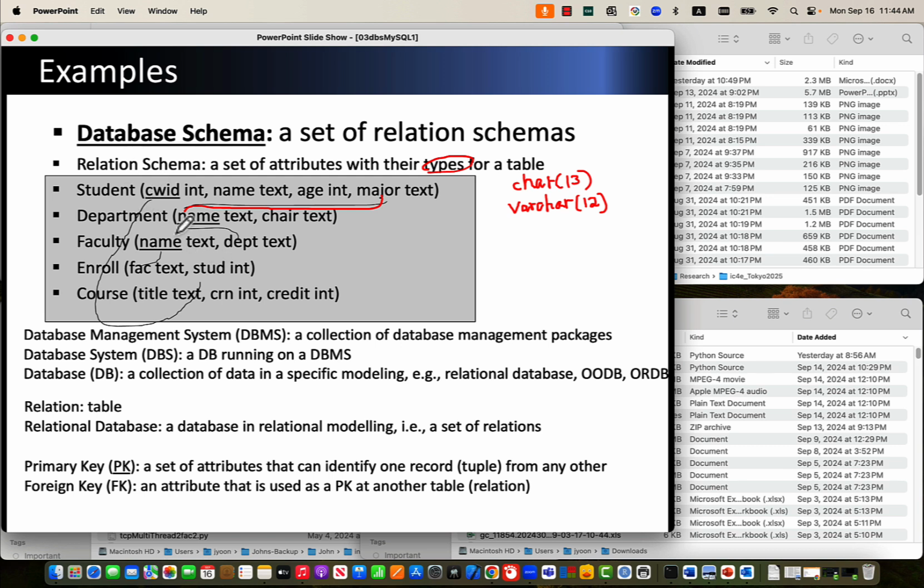They are really strictly common. If we think of the enroll table, then we have a faculty. No, enroll should not be with the faculty. Enroll should be with the CRN. So here at CRN,